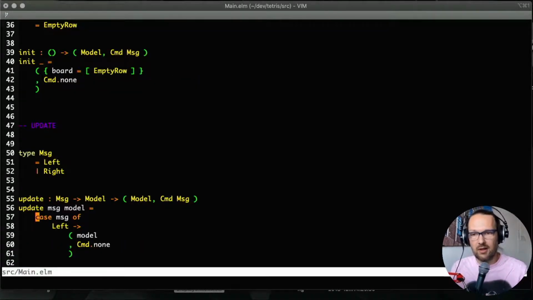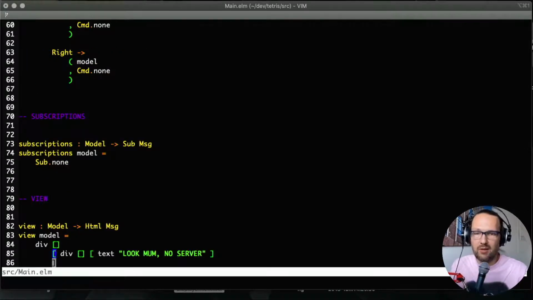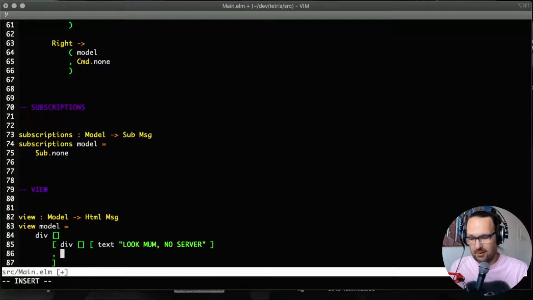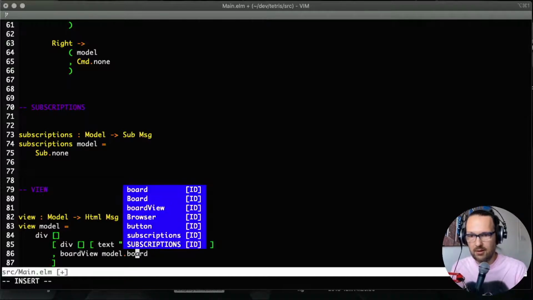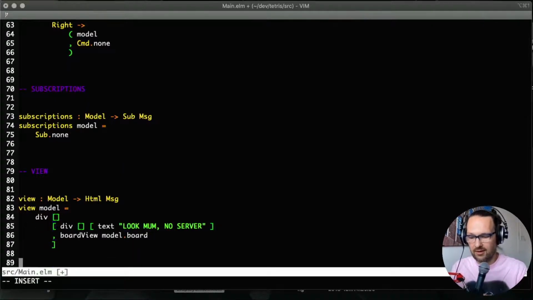Maybe we just look at actually rendering the board right now. So to render the board, we have to modify the view function. We have this text here, but we also want to have something beneath this, the board view. Let's call it boardView, and we pass in the board, model.board. So boardView is obviously a function that doesn't exist. So we write a new one, and it receives one parameter, a board, and it returns HTML